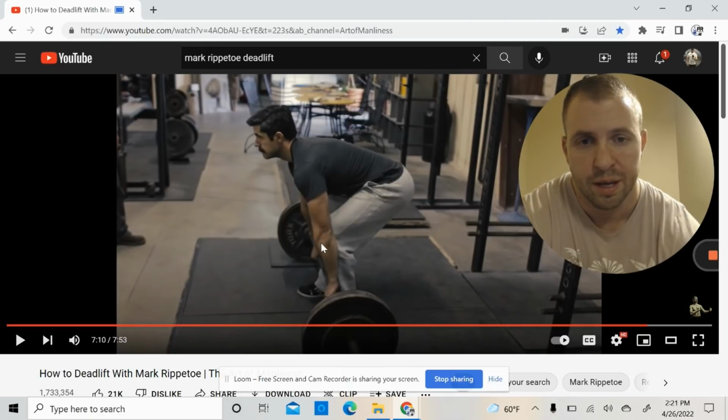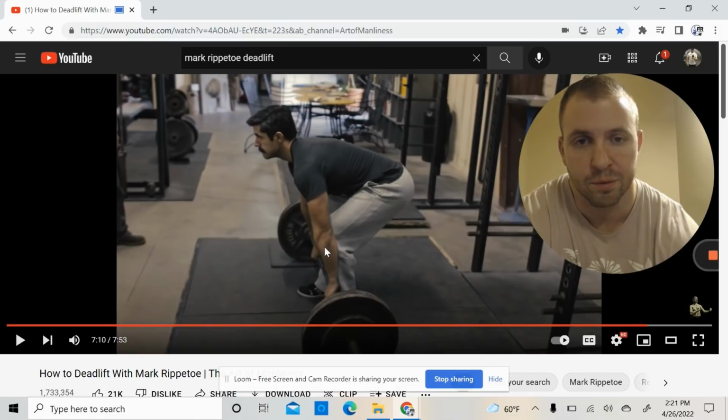The other issue is he has his lifters with their grip too close. I would widen out slightly to free up some room to keep the arms taut, and do not drive the knees out into the arms. That's not a good cue. But as far as the starting position, with the shoulders being slightly over the bar and the hips being high enough, that's spot on. So there's some good, some bad. This isn't a perfect video example, but